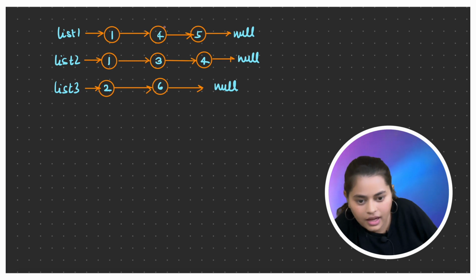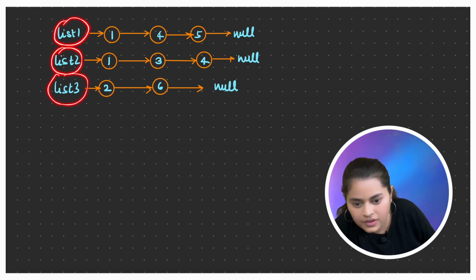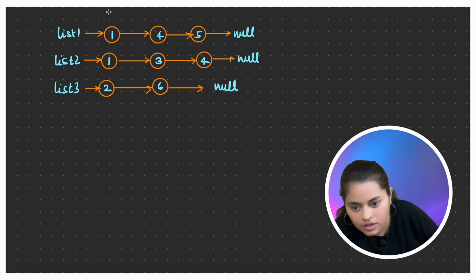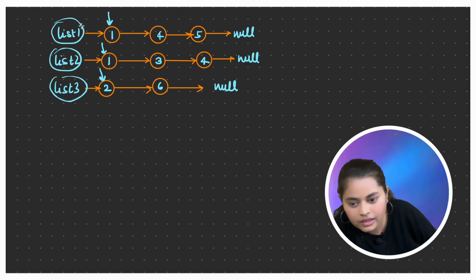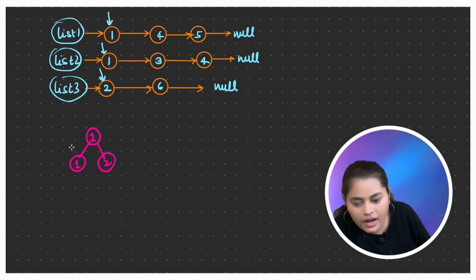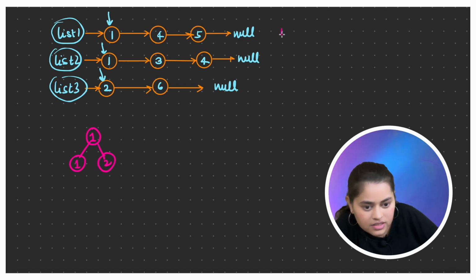So let's say we have these k lists, right? Now these are sorted lists. So we'll create a min heap for all of the lists. Currently our list pointers are pointing to the first node, so we'll take the first node from each and create the min heap. So how can we create a min heap? 1, 1 and 2, right? Now at this point, let me create one result variable.